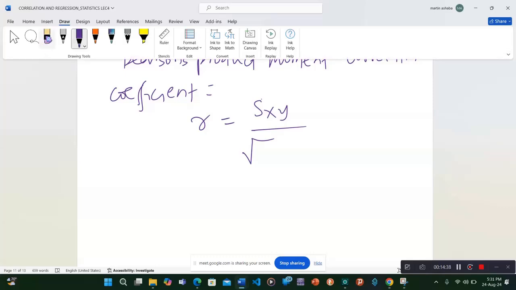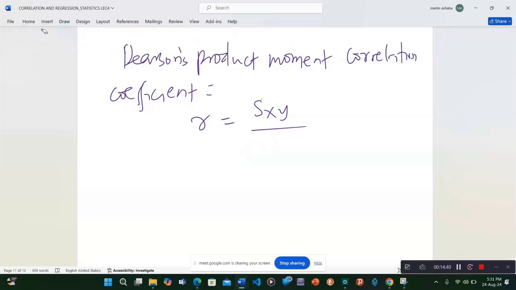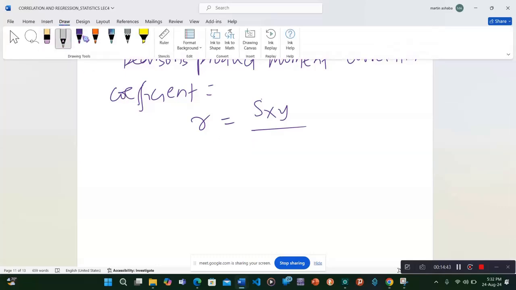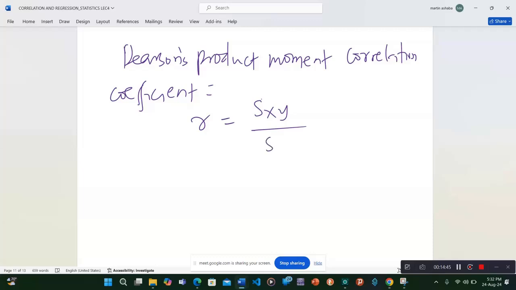Okay, this is the formula that you can always also find. So SX times SY. But SYX is the same as